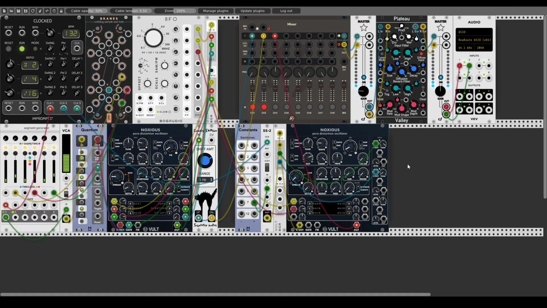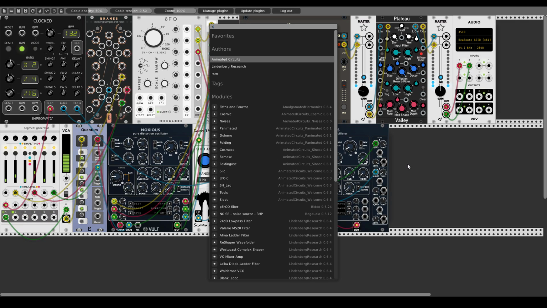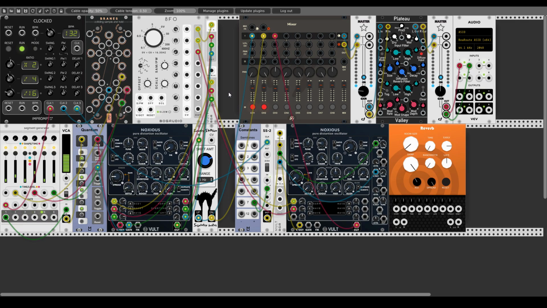Okay, now let's add some more reverb. I will use the reverb from RCM, it's called the G-verb. And let's disconnect this from the mixer. And I will first turn the levels of the oscillators down, because I will want to use them separately from the main oscillator.